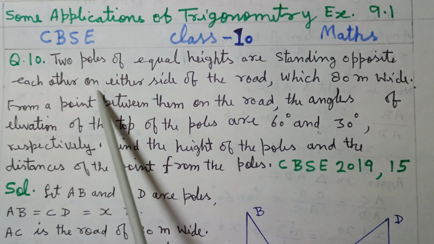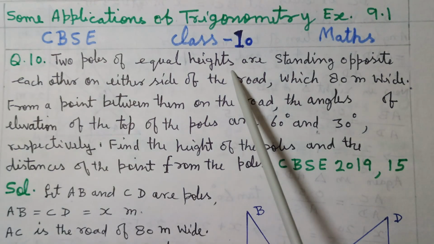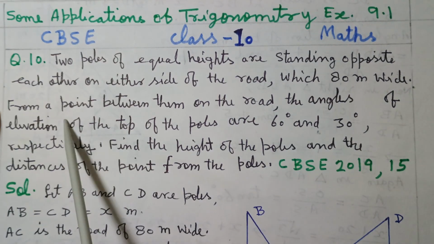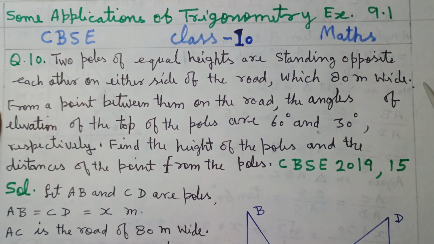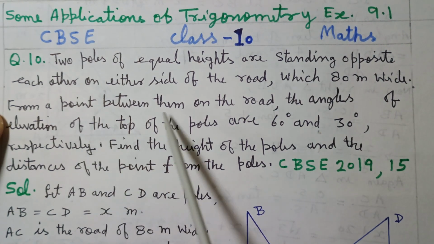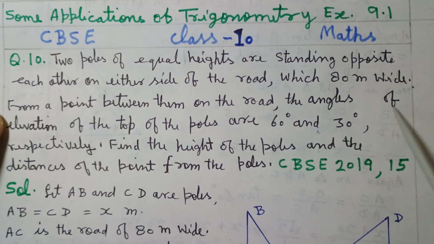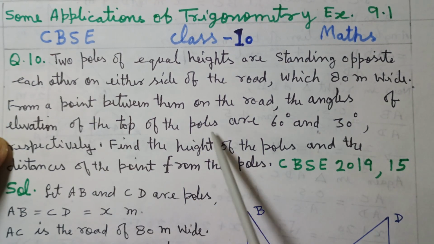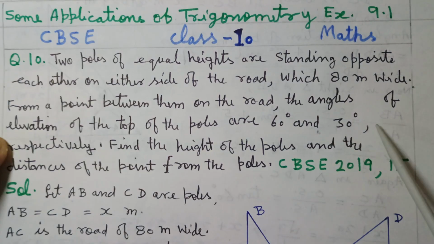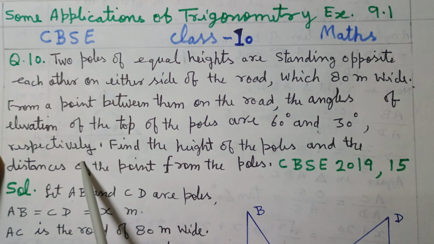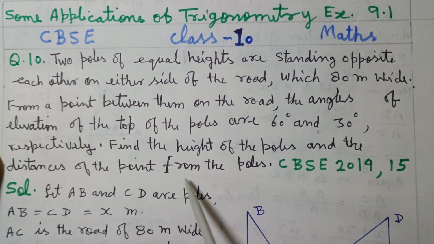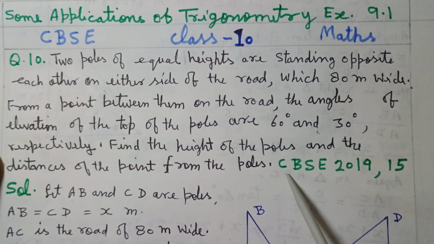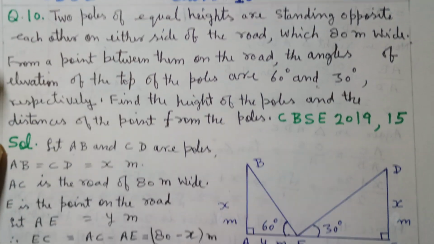Question number 10. Two poles of equal heights are standing opposite each other on either side of the road, which is 80 meter wide. From a point between them on the road, the angles of elevation of the top of the poles are 60 degree and 30 degree, respectively. Find the height of the poles and the distances of the point from the poles. Solution: